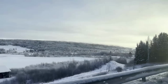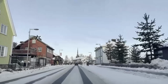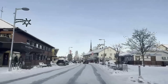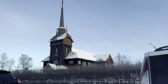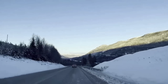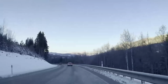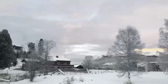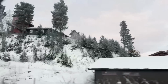And I will insert some footage from both going there and coming back, because I thought there were some beautiful sunsets, some beautiful scenery along the way. Driving up there, it's driving through a lot of small places, so it looks quite deserted and empty, but I think there's quite a few beautiful clips. But yeah, we traveled up there for Christmas, and we could bring our mother-in-law home because she's living in an apartment where she gets cared for,